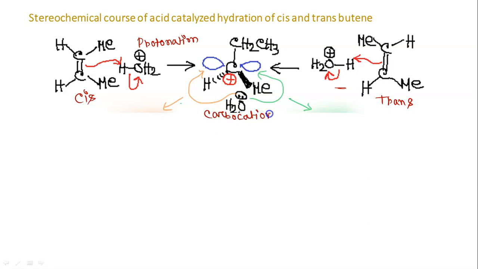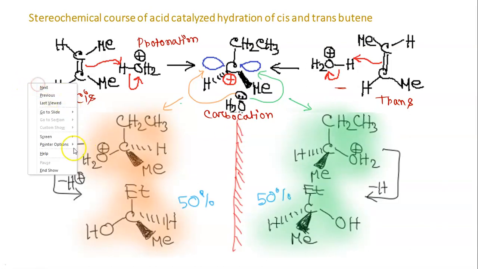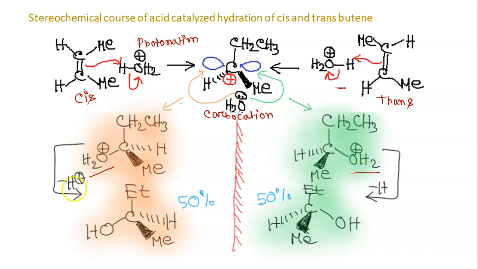Now the carbocation is planar, sp2 hybridized. So water can attack from both sides. So if you follow the orange line and if you follow the green line, you will get 2 different products, but actually they are mirror images of each other. So here the water is in a protonated state, but after that there is removal of a proton. So finally we are getting an alcohol, right? But this is again a racemic mixture, because there is a chance of attack by the nucleophile water from both sides. So that is why it will be a racemic mixture.